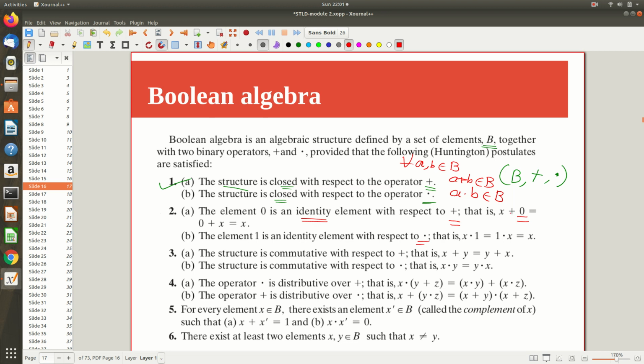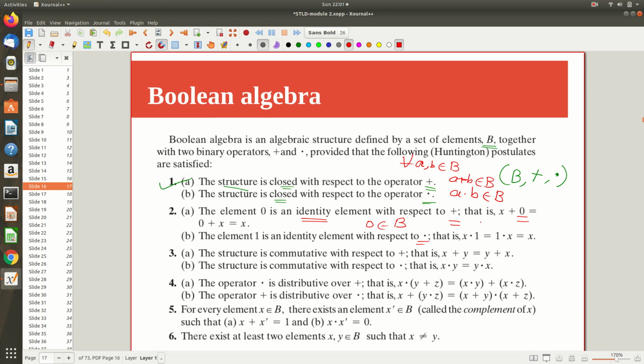Plus is any operator, I don't know. With respect to the operator plus, I need an identity, and that identity I am denoting by 0, that's all. So please don't give any interpretation for 0. 0 is generally an identity element that belongs to the set, so the requirement is that 0 should be from this capital B, because that is the set we are considering. Any element is represented like a 0, that's all.